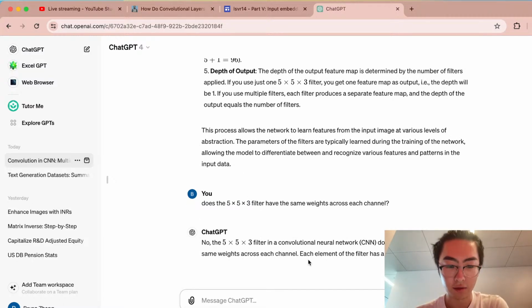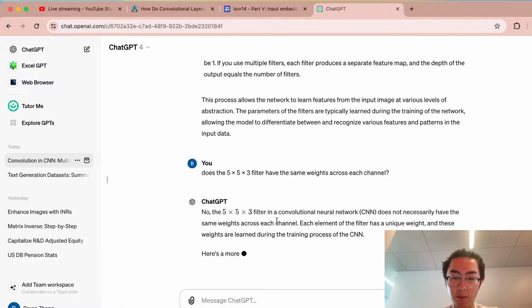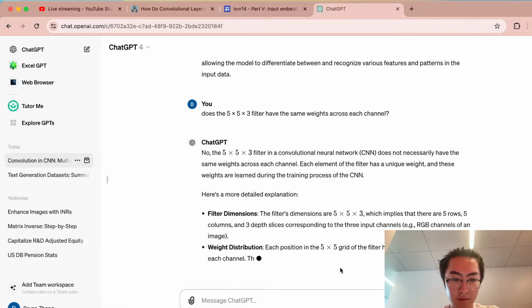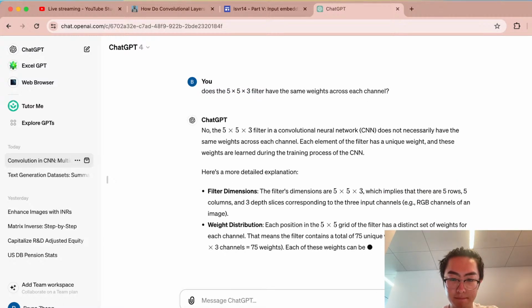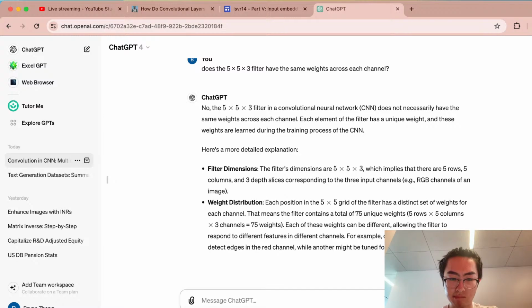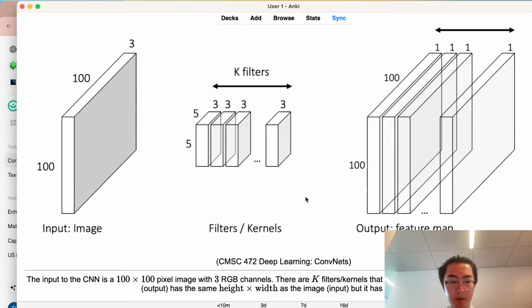Okay, so it doesn't have the same filter, same weight across each channel. Okay, so I'm gonna actually add that stuff to here. This is very helpful. The input CNN is 100, but there are K filters that apply to